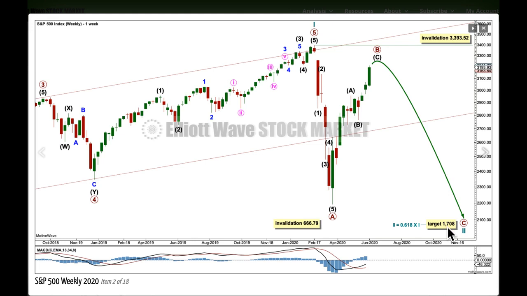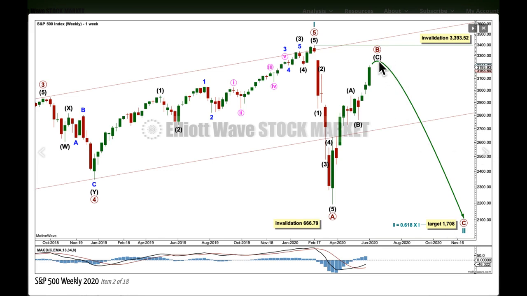The target for now is for cycle 2 to reach 0.618 the length of cycle 1, but for this wave count, when and if we know where B may have ended, then I know where C may have begun, and I can add to the target calculation at a second degree, a primary degree. At that stage, it may widen to a small zone, it may change, or I may have multiple targets for you.